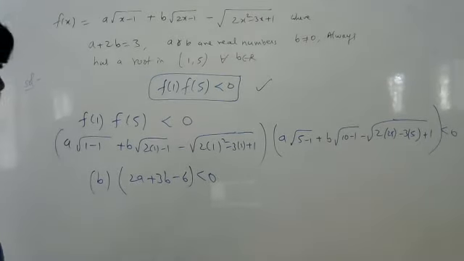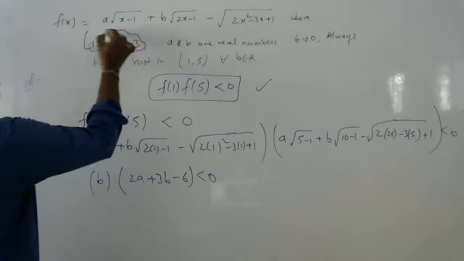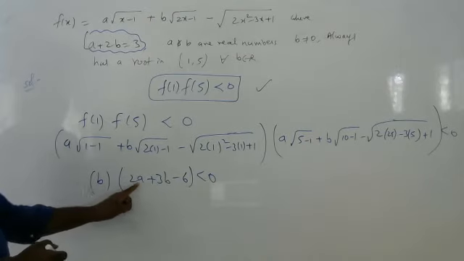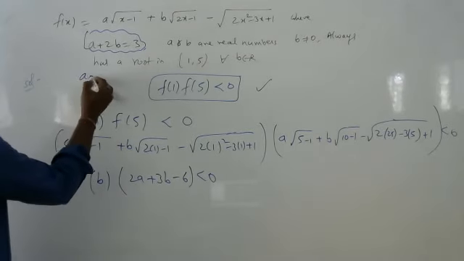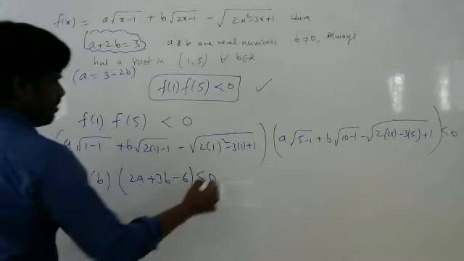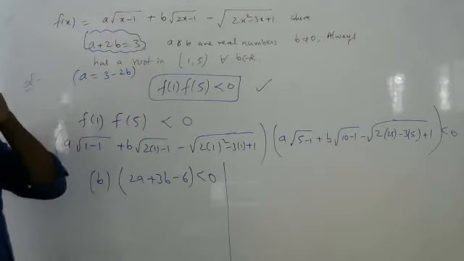You all are great. But here you have been given a condition: a plus 2b is equal to 3. a plus 2b is equal to 3. So what can I write a as? I can write a as 3 minus 2b. I put that here. So what do I have to get? If it is proved, I can say yes, it is hence proved. Otherwise false.